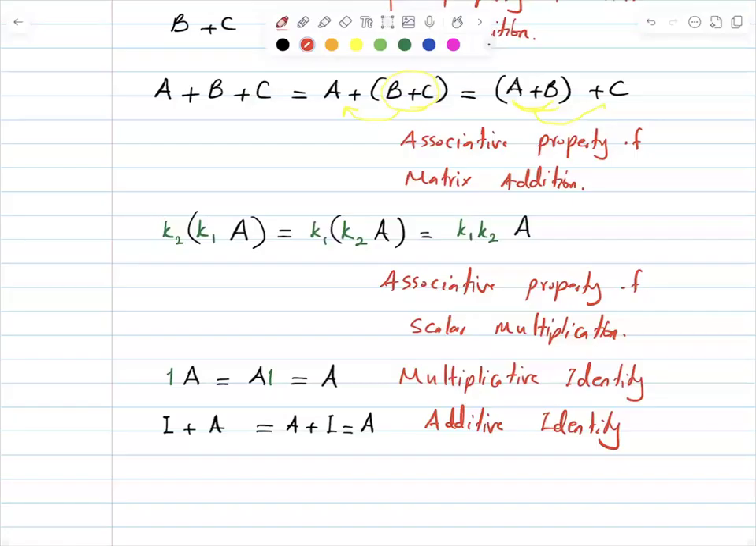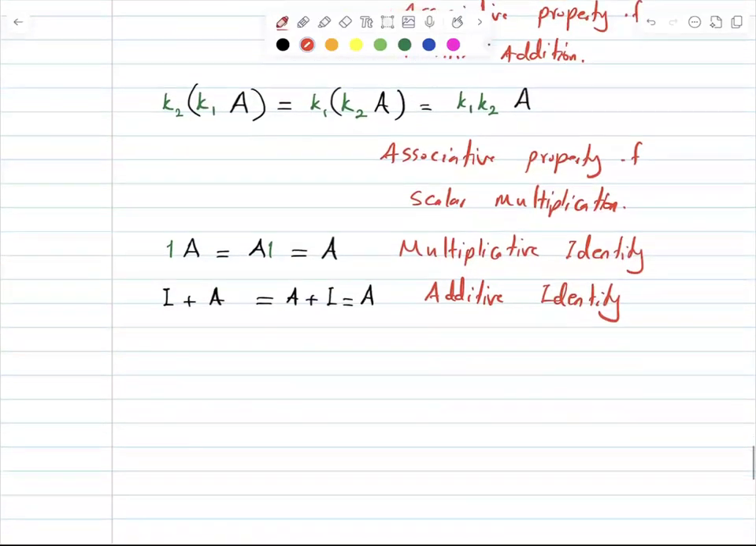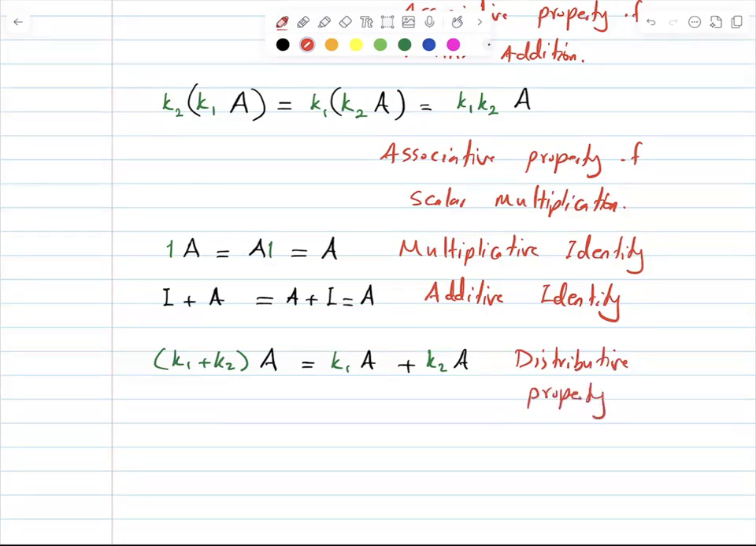You also have distributive property. For example, if I add k1 and k2 and find the scalar multiplication by A, this is basically finding k1 times A plus k2 multiplied by matrix A. And again, this is called distributive property. We have many properties for matrices. For example, what are the properties of